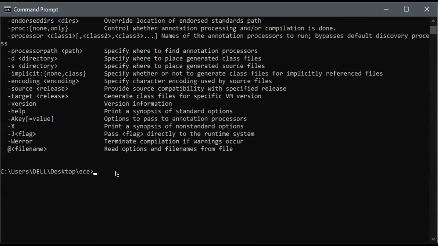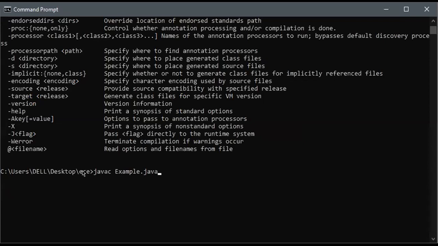Now, first of all, we need to compile the program. For that, we need to type javac and a space. After the keyword javac, there should be a space and then the name of the class, example.java. Again, I'm telling you, the program should be available inside the folder.